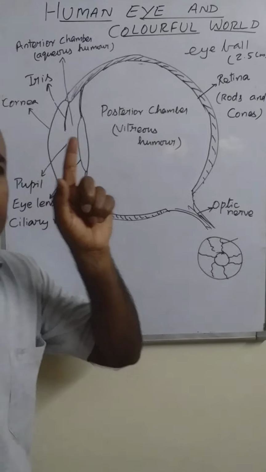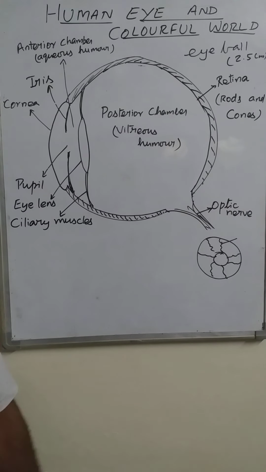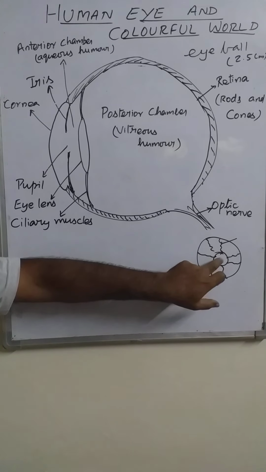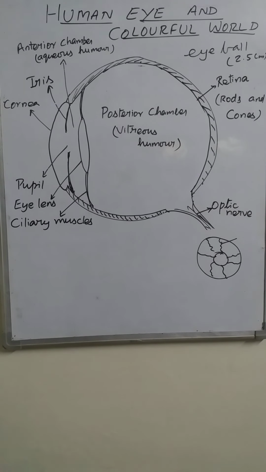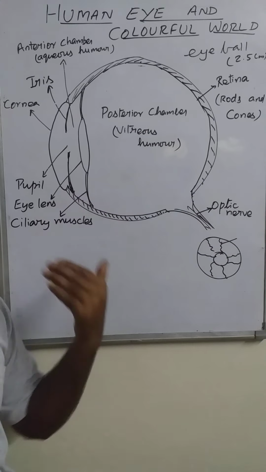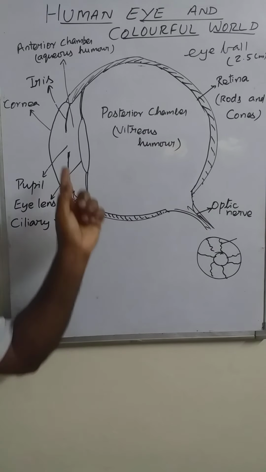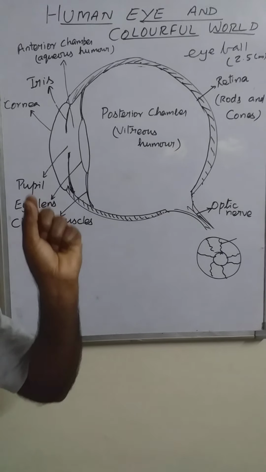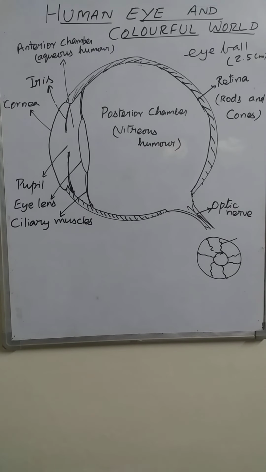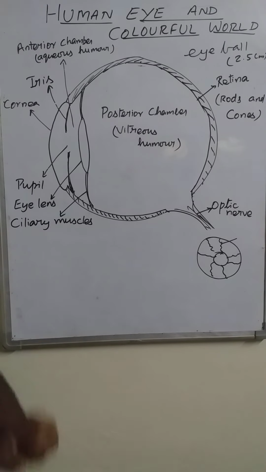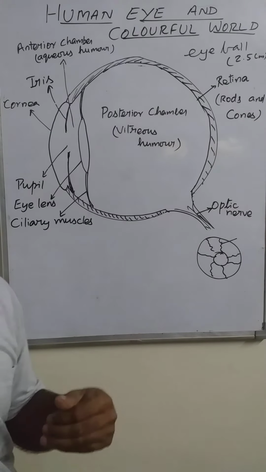If we stand in front of a brighter light, then the length increases and the hole becomes smaller, because excessive light is coming towards our eye. To control that light, the size of the hole decreases, and that hole we call the pupil. If we are standing in